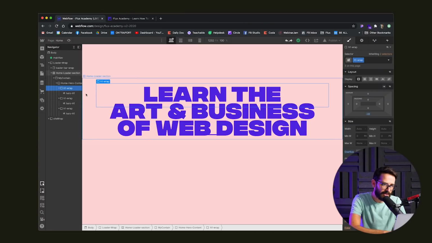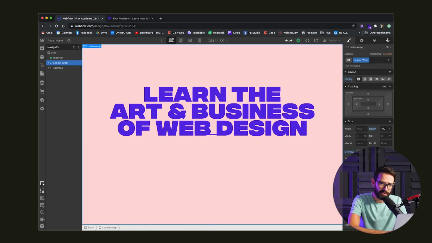Because using the same concept that we just talked about of the overflow hidden, when we move the text inside of this wrapper, it's actually going to hide it. That's how we're going to create this reveal effect, where it's actually coming into this visible area, right? This is kind of like creating a mask. So let's actually dive into the animation so you can see how this thing is actually built.